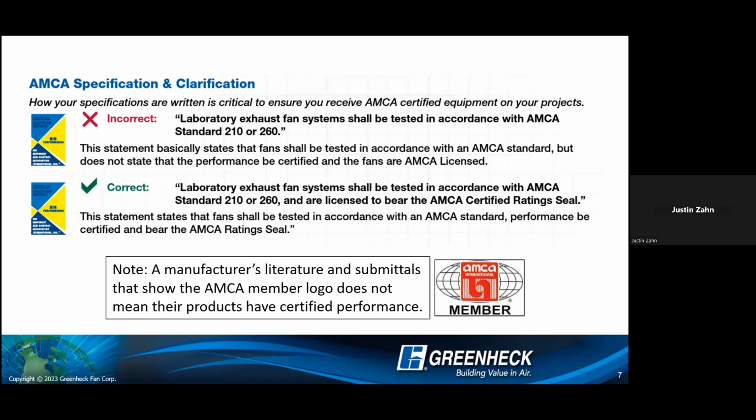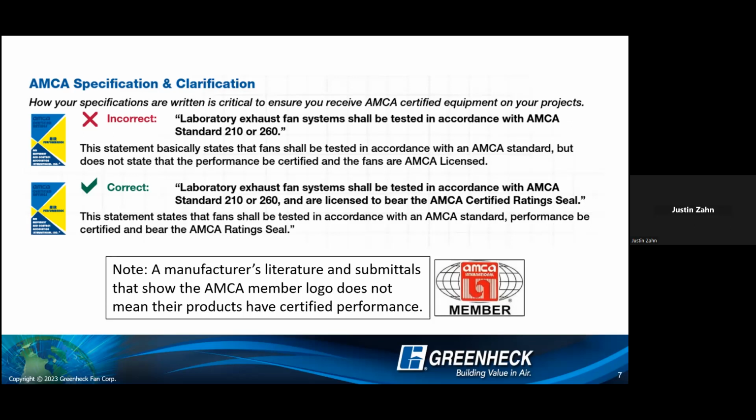The correct way to say you're AMCA certified is laboratory exhaust fan systems shall be tested in accordance with AMCA standard 210 or 260 and are licensed to bear the AMCA certified ratings seal. Why am I telling you this? Just because there are still a couple of manufacturers out there that have certain products that maybe aren't AMCA certified, and we want people to be aware of that,